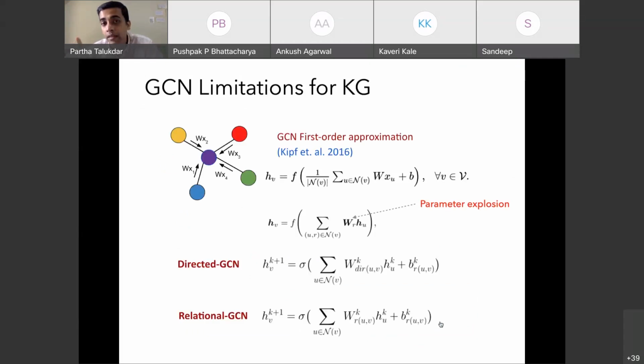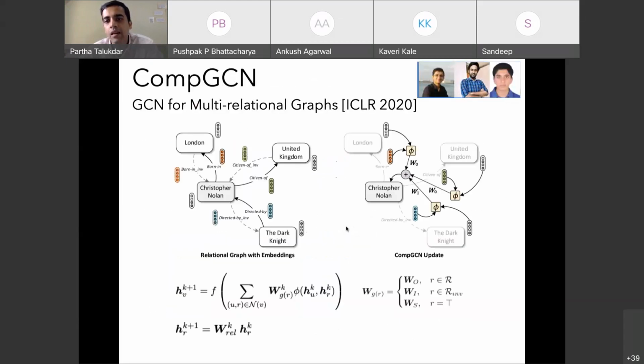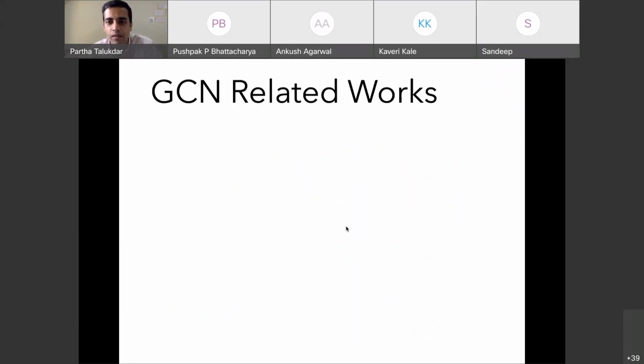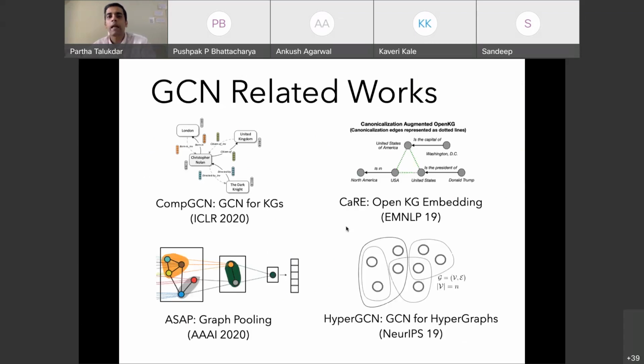But when you apply GCNs to multi-relational graphs, and you replace each one of those relations with a separate parameter matrix, then you have a parameter explosion. So we had a method called CompGCN, that applies graph convolution networks over knowledge graphs in a parameter efficient manner. In the interest of time, I'll not go into the details of those. But we have also applied these kind of GCN style approaches for open knowledge graph embedding, in the spirit of what I was talking about earlier,